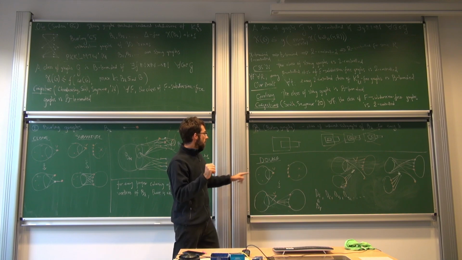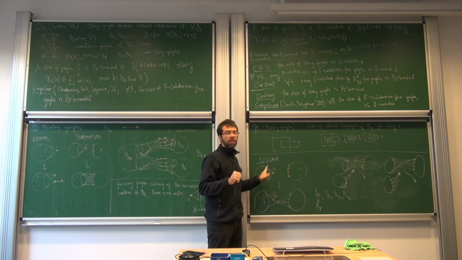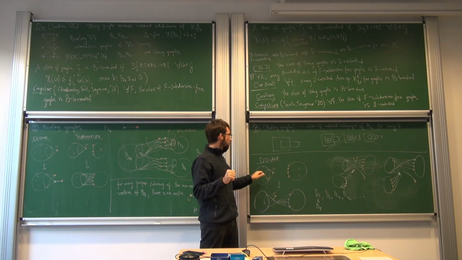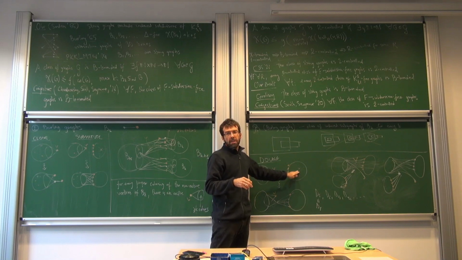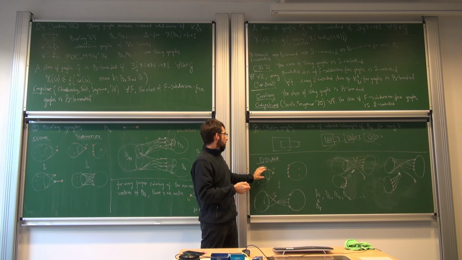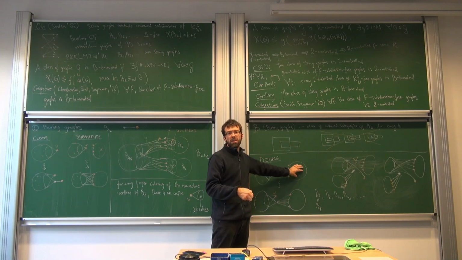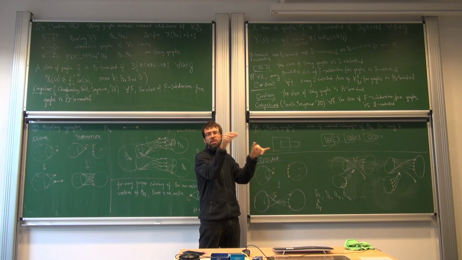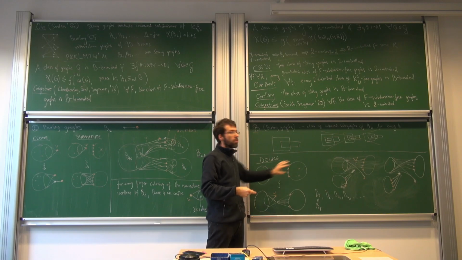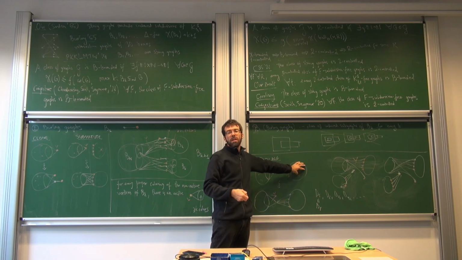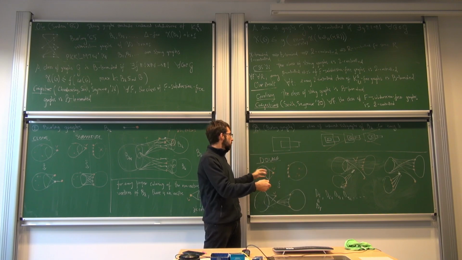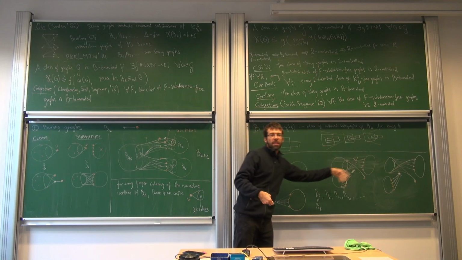I can assume that in this doubling, we are taking copies of the same graph. For the doubling operation here, I was not assuming that when defining the operation. It could have been a different graph here and here. But if there is some construction sequence which leads to a construction of this graph and some other construction sequence which leads to a construction of this graph, then I can compose these two construction sequences to get a sequence that constructs a larger graph which contains both this one and this one as induced subgraphs. And then I can use this larger one to double it with itself to get the next step in that construction.